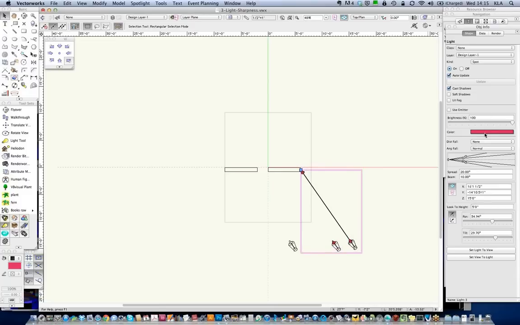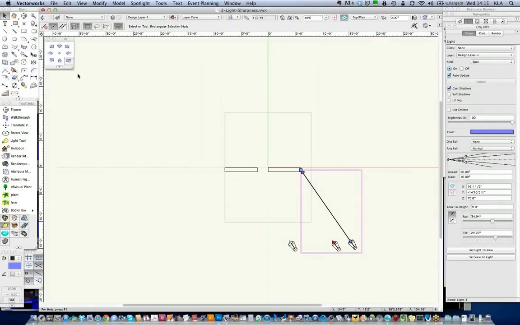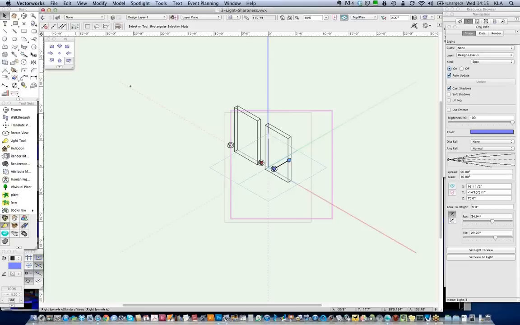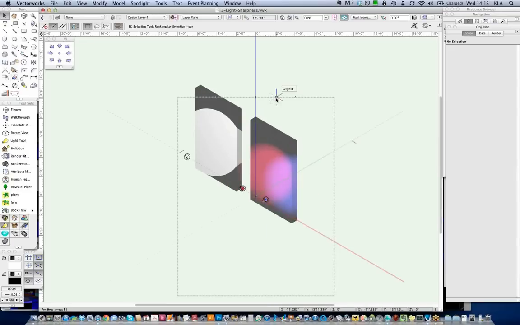Just going to change the color of this one now to a light blue, a lavender. Let's see what it looks like. Yeah, you get the kind of full blending mode, and you get nice soft edges. Now I think I might like to soften that up more if I was really after that kind of color painting. But it's just a little trick, and like I said, I think for entertainment design, this is a really good way to visualize